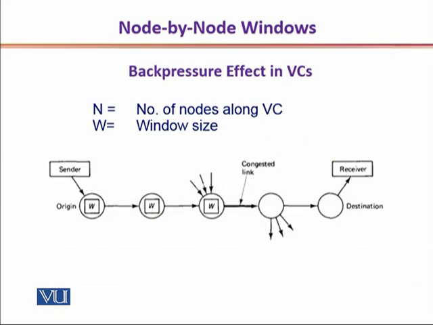For example, let's look at the scenario given here. Given an origin and a destination, with each intermediate device having its own memory, if congestion builds up on the link shown here, the window just previous to this congested link would advertise fewer permits to its predecessor, the upstream node, which in turn would notify its predecessor, such that this notification travels back in a single hop manner right up to the sender, and the sender throttles the window and reduces the transmission.